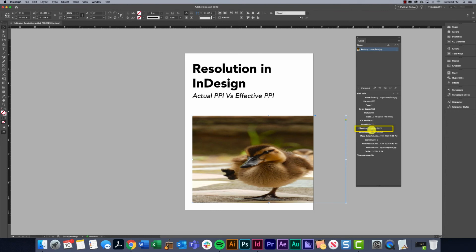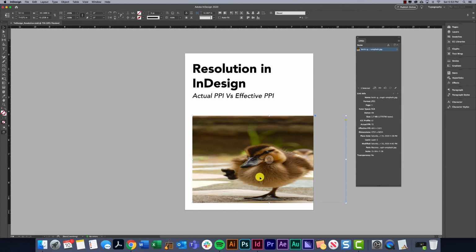So there's now two different resolutions, right? Because it has a different resolution horizontally than it does vertically because of the way it was skewed. So this is bad. You never want to skew images. We always want to make sure that we are holding Shift, constraining those proportions, so that way we don't get really wonky looking images. We want to keep them all nice and tight in the way that they were intended